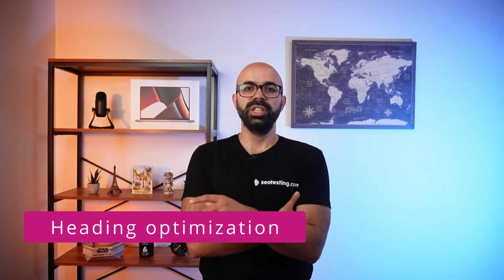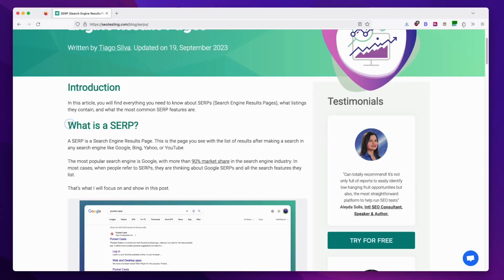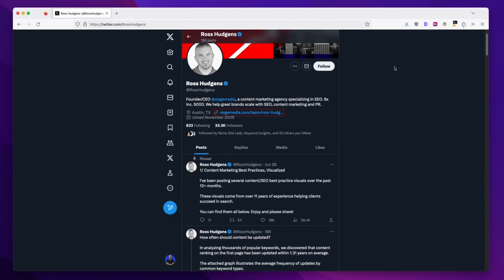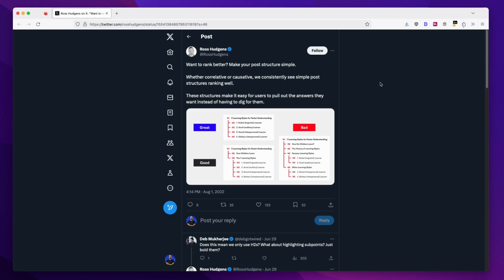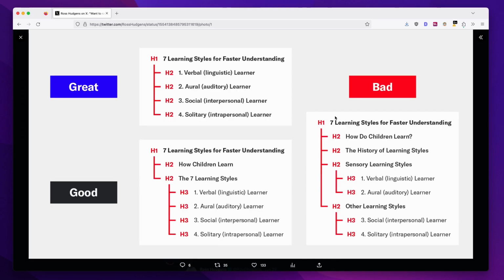Headings help on-page SEO in a similar way URL optimization does. By making your headings clear, simple, and easy to understand, you will help both search engines and users understand what your content is about. This makes it more likely for your content to rank higher and see more social shares. Ross Hudgens, SEO of CG Media, has advocated for using simpler heading structures in articles, as he consistently sees simple